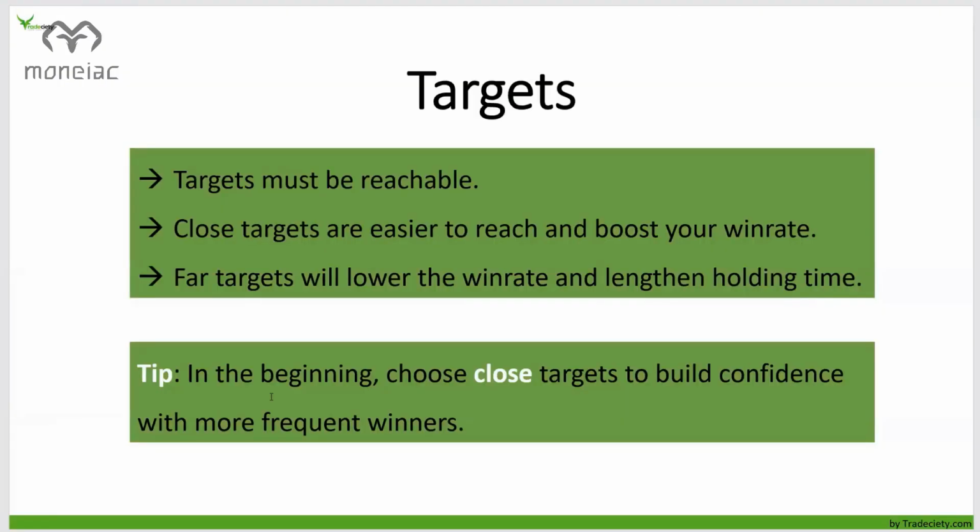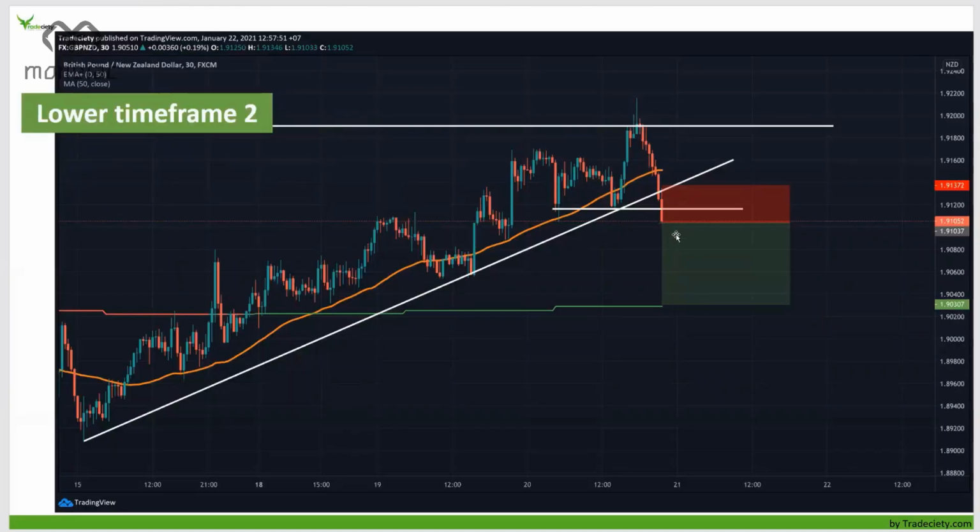As I said here, we want to make sure that we choose targets that are very close or closer than you usually would. So this makes for a decent target that makes sense in a chart context as well. What you don't want to do is place your target just a little bit below that, because obviously there's a huge risk that the market may bounce off the 50 on a daily, and you don't want to take